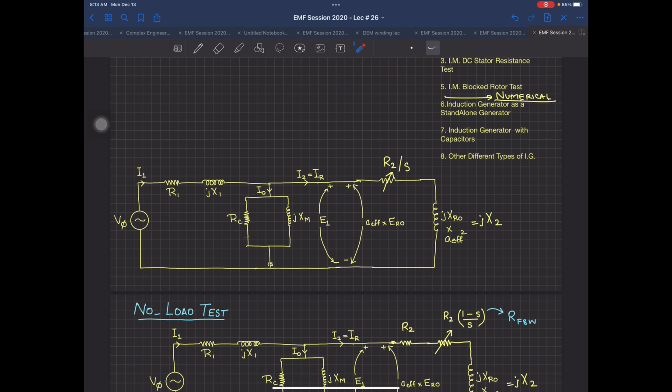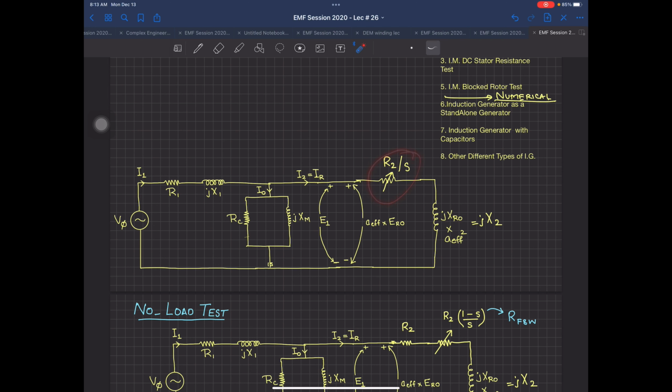The questions can be asked every time whenever I'm starting an induction motor. I repeat this over here for each element, because in a short question this can be asked to you: what is this E1, what is this term? So this is actually the voltage induced in the rotor referred to the stator side. Okay? But if there is a transformer over there and if there is that variable supply and all that stuff coming in, then it's a different thing.